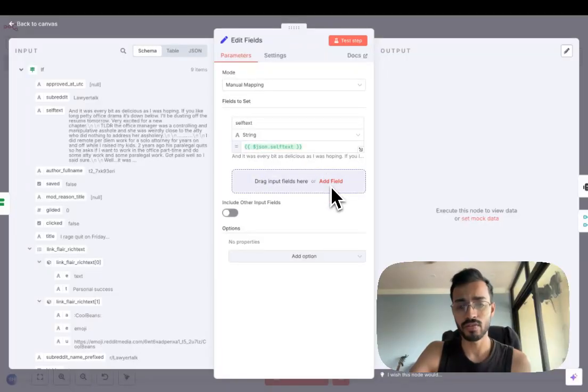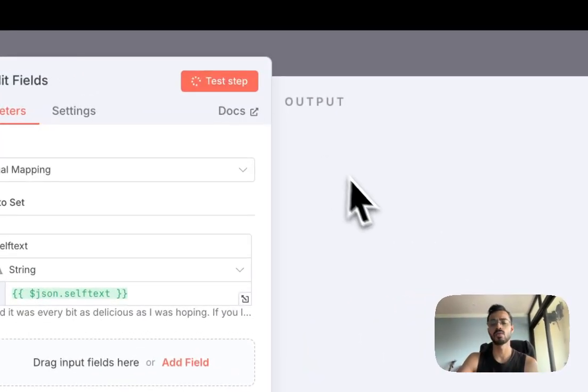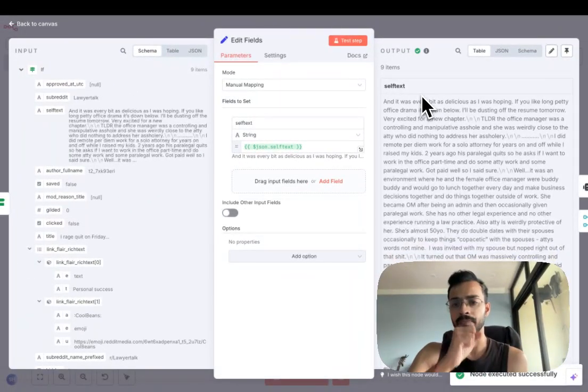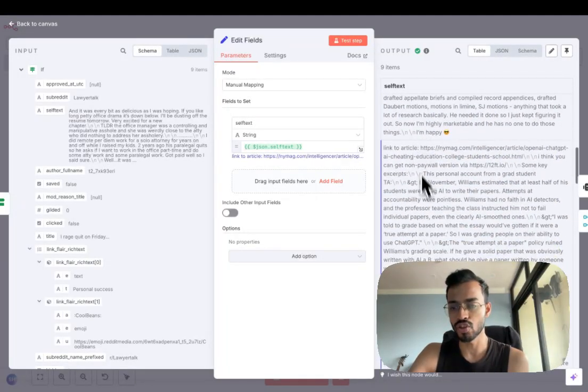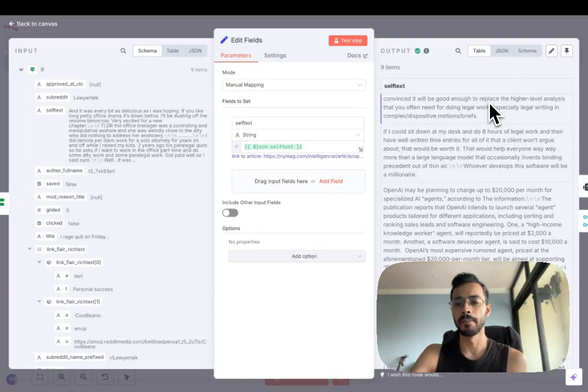If I want, you can add another field here if you're looking for the number of upvotes, or if you want to have data on the number of comments that have come in as well. It's highly customizable here as well. For me, I feel right now this is sufficient, because all we want really is the business challenges or the problems that these guys are talking about constantly, and I want more clarity on that, right? And so I'm just going to test this step out now. And you can see that it has returned a very clean file of very clean data, which is just the text, right? And that's what we're looking for.